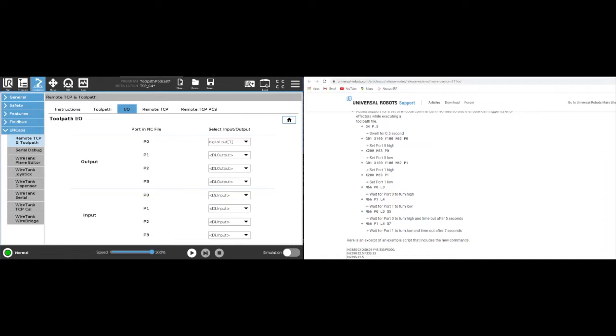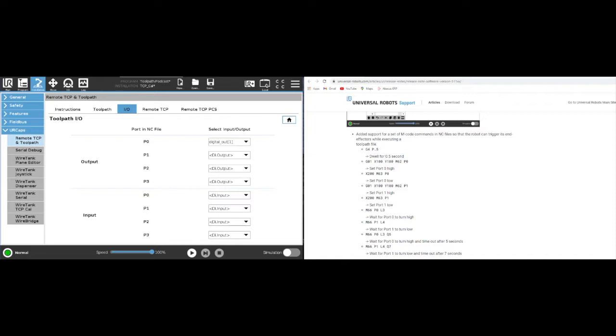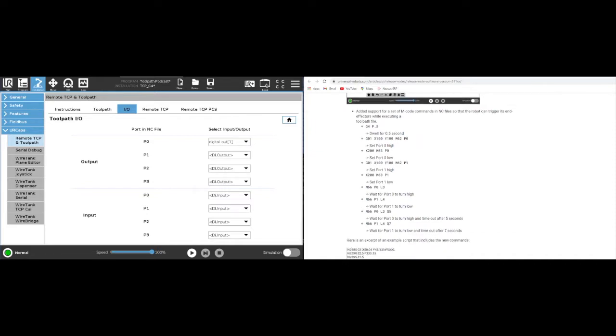Hello folks, in this video I want to show you the latest update of the remote TCP and Toolpath URCap and the addition of support for additional M-codes. This has been a great addition because it will now allow you to control your end effector right within your Toolpath. And so I want to show that feature and how we've also made changes to our dispenser URCap to